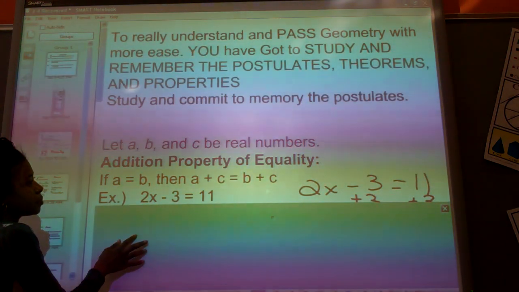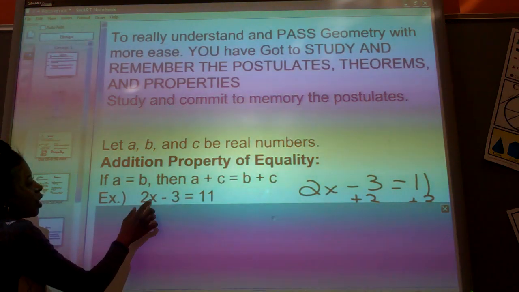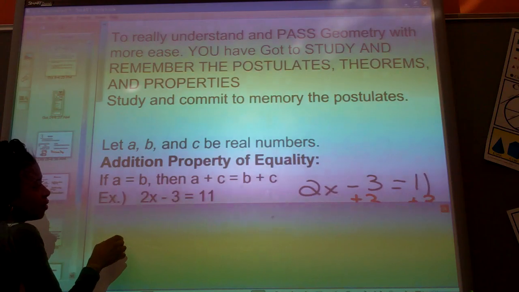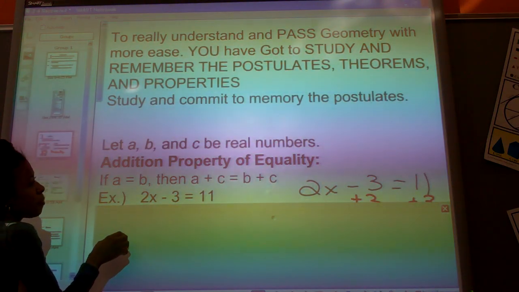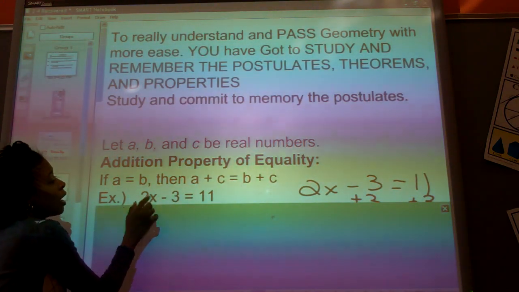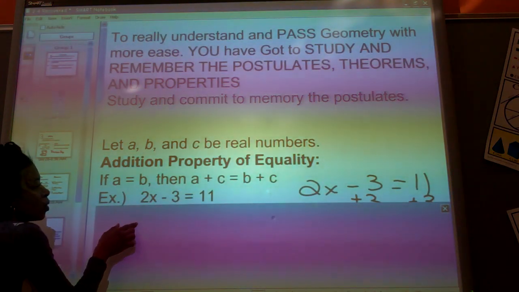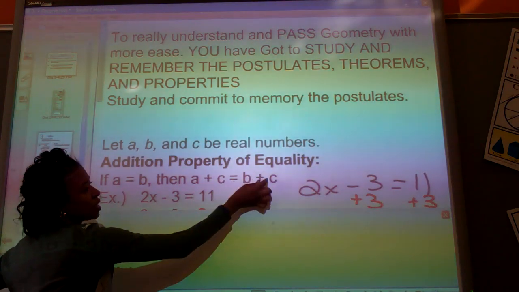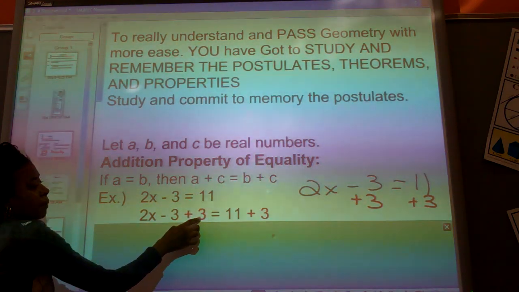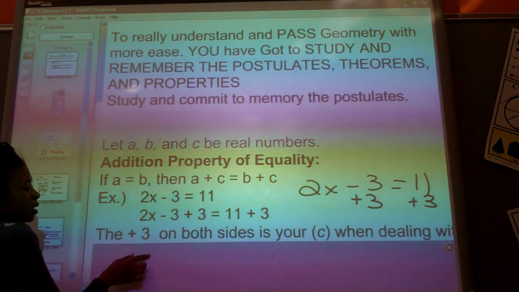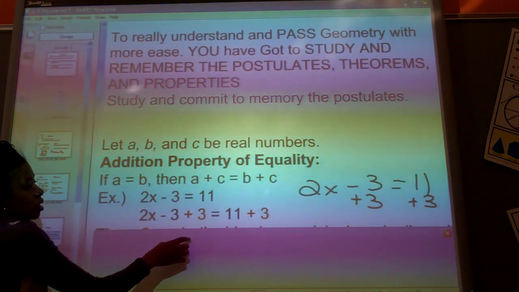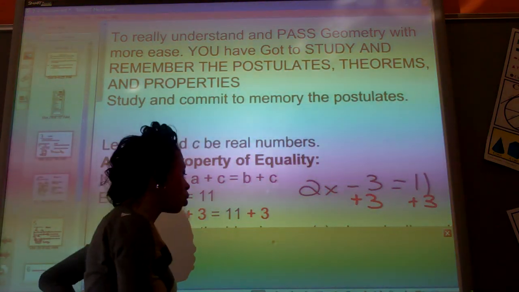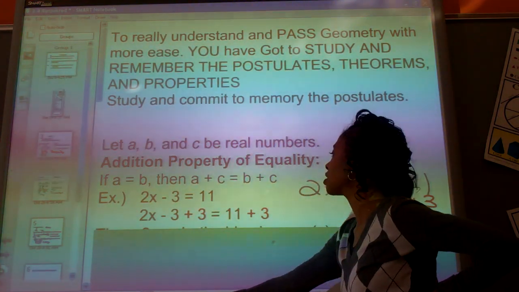For example, if I have 2x minus 3 equals 11, this is the addition property. Because of this property, I can solve for x, where I add 3 to both sides. That's our C. I'm adding 3 to both sides, giving me 2x equals 8. You learned that back in Algebra 1. So the plus 3